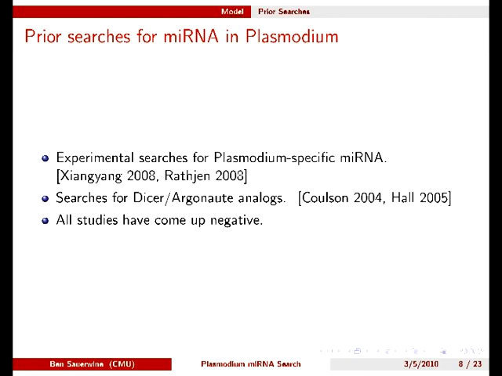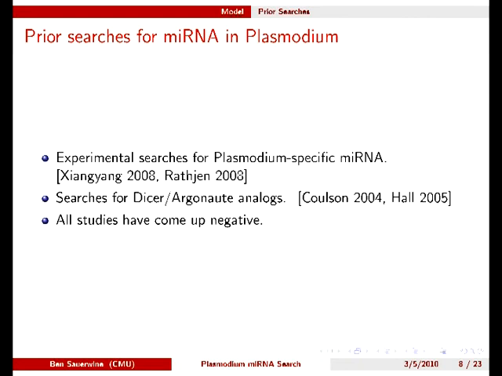Certainly, other researchers have searched for microRNA regulation in Plasmodium in the past. Cloning studies have attempted to find microRNA specific to Plasmodium without success, and searches for Dicer and Argonaute proteins in Plasmodium have also come up empty-handed, including our own search. However, these studies have not looked into the intron-generated small RNAs, despite the fact that more than 50% of the genes in Plasmodium contain introns. We hope that our hypothetical model avoids the problem of lacking some of the requisite proteins in the traditional model, and that previous microRNA were missed as part of snoRNA.